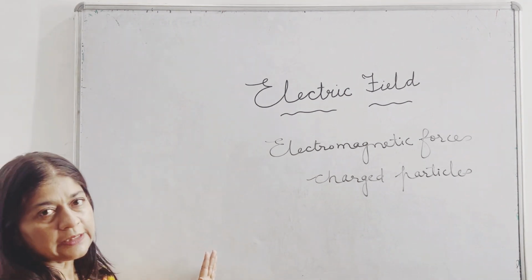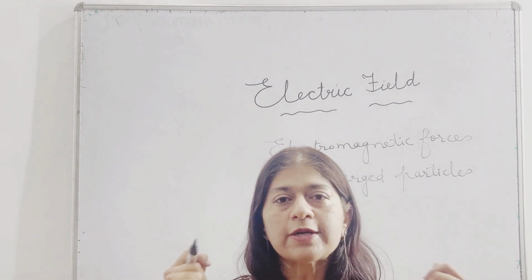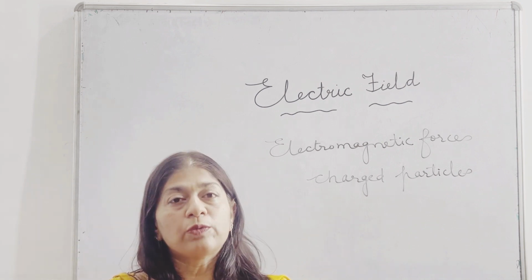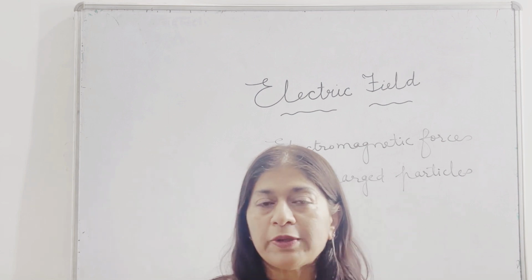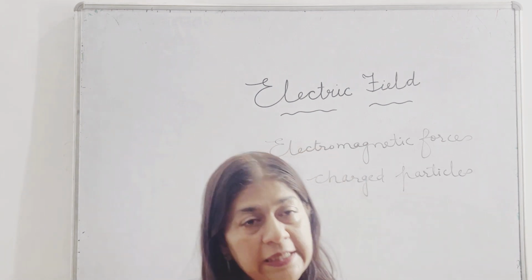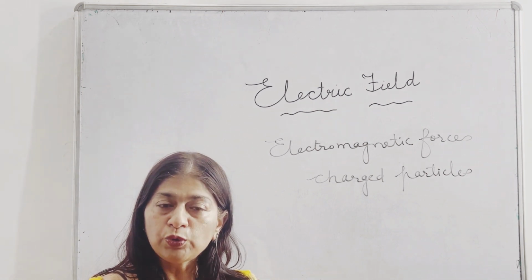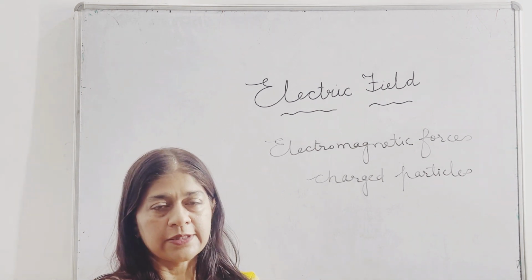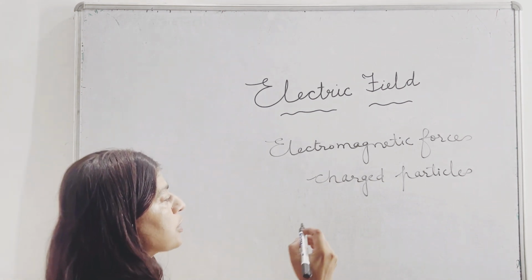When we take the charged particles, like if two rulers are rubbed on the hair and then brought close together, they repel each other. So these two phenomena are seen when we have rubbed two types of materials. And it has been found out that the charged particles